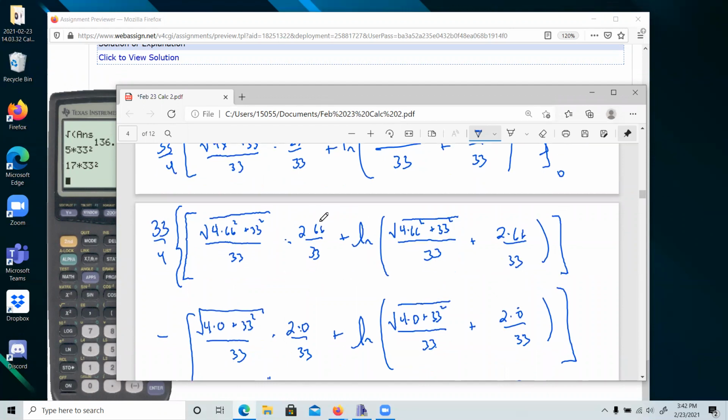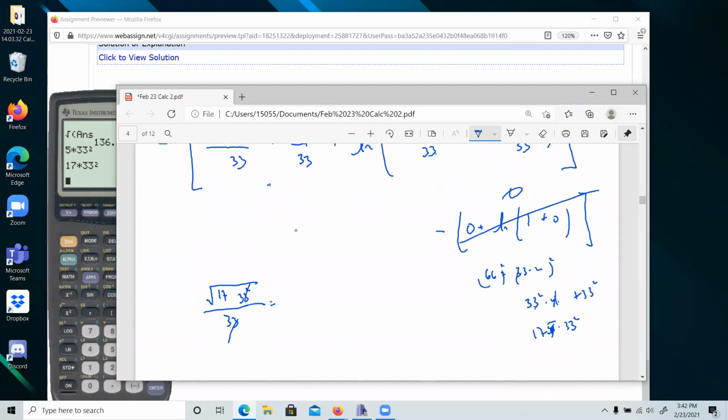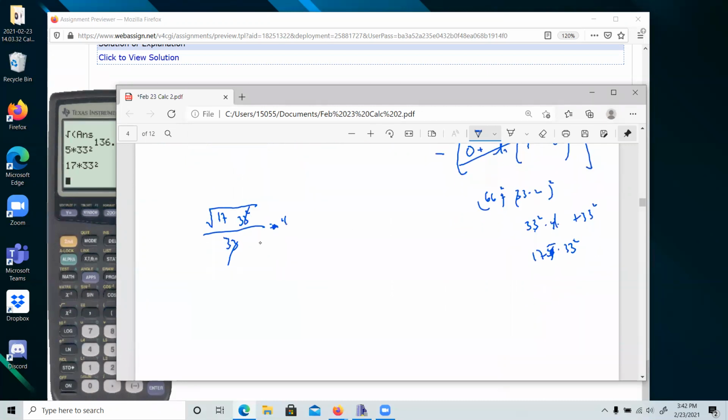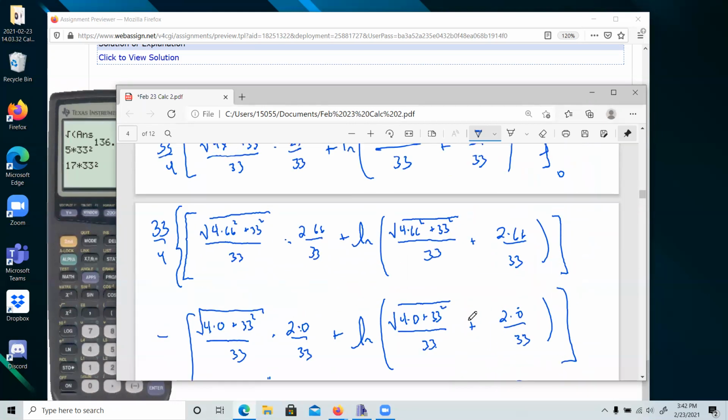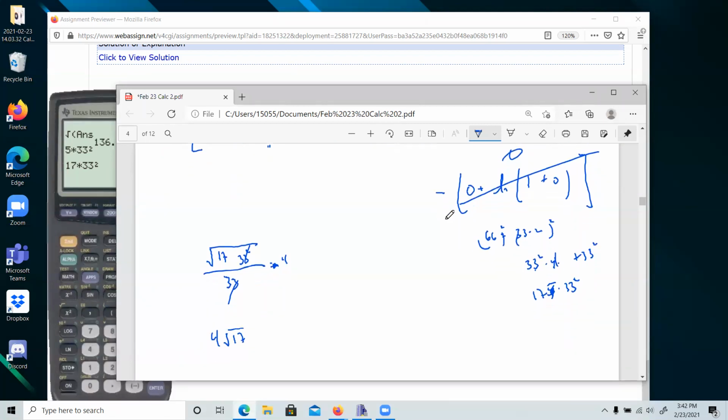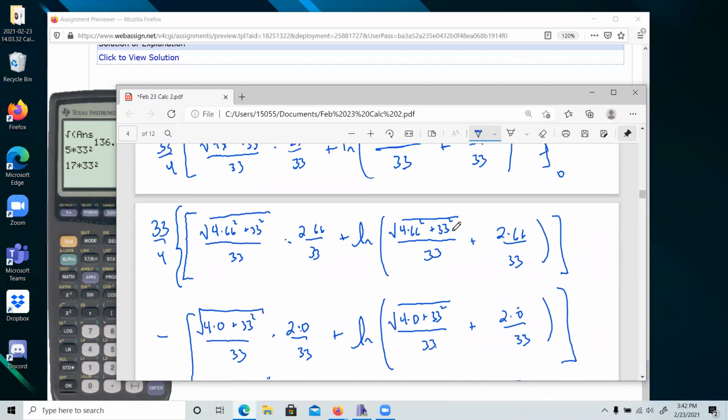Okay, times, well, 66 over 33, that's 2, so times 4. Okay, so that's times 4. So the beginning part of this thing is going to be 4 root 17. Unfortunately, this whole thing is 0. And then we have the natural log plus the natural log. And the reason why we did that was because I know the same thing is going to happen over here, right? We're going to have the square root of 17 here